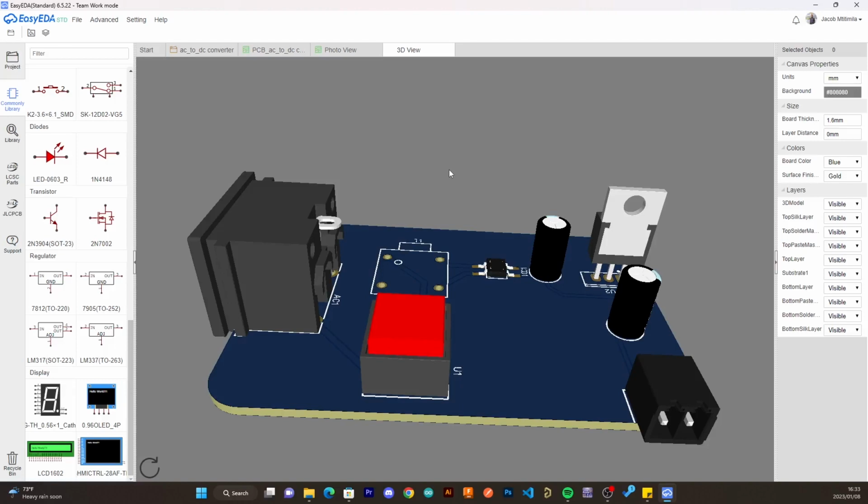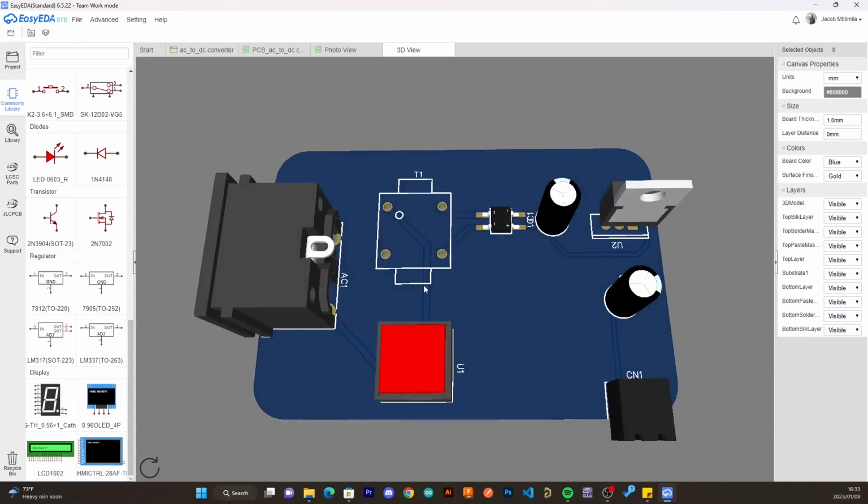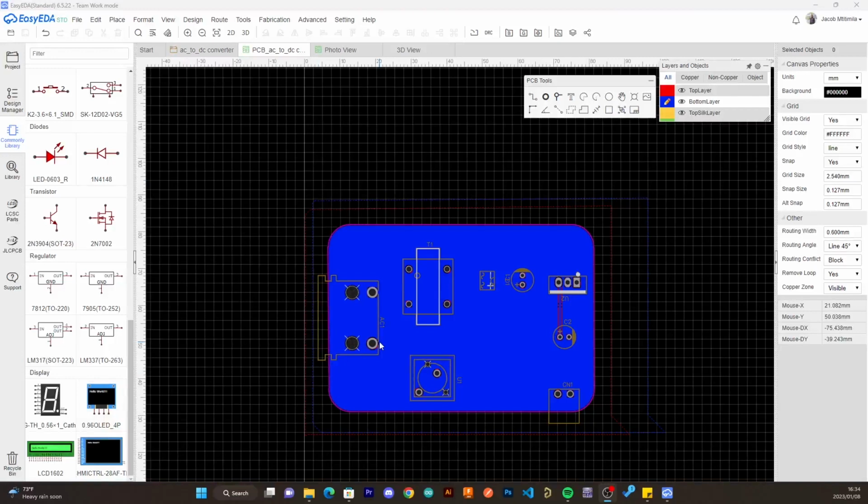So let's go to another section where we will actually send this PCB board into fabrication. Now we are done with designing our PCB. We need to send this PCB to JLCPCB, and also take a look at how we can order parts of our PCB. So in order to do so, go to fabrication